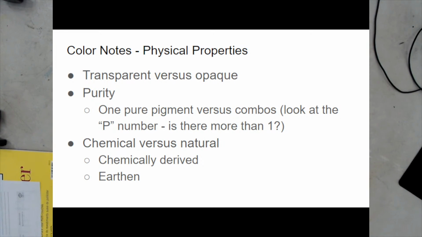So let's see, a color like alizarin crimson. Does this give me more than one? Do they list P numbers? Okay, alizarin crimson has more than one P number. It's PR206 plus PR202, and it's right on the back of the tube. If you're in the store and you see a color that's more than one P number, think to yourself, do I really have to buy this? What are these P numbers? Do I already have them in my box? I don't need to buy every tube of color that I see, because I can mix that if it has more than one P number. So PR206,